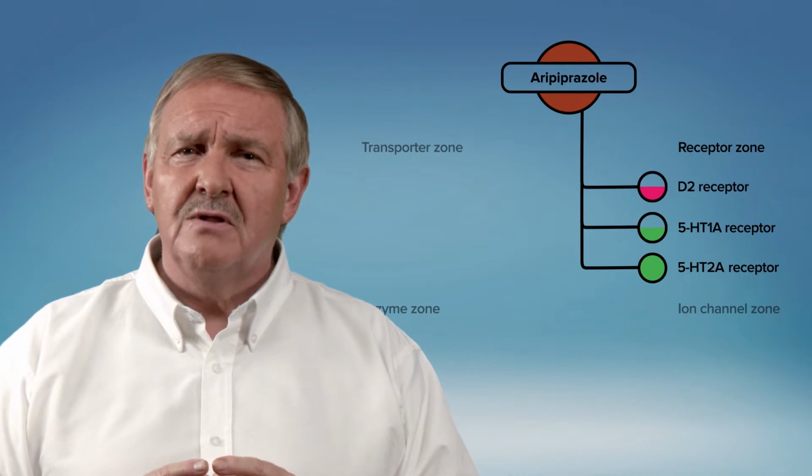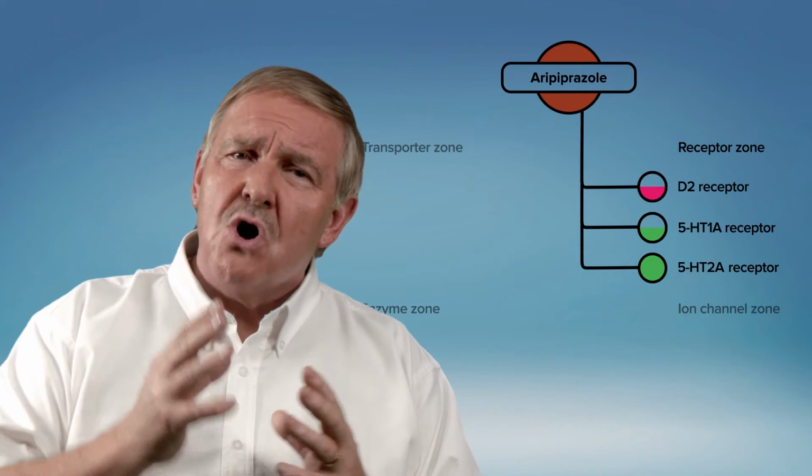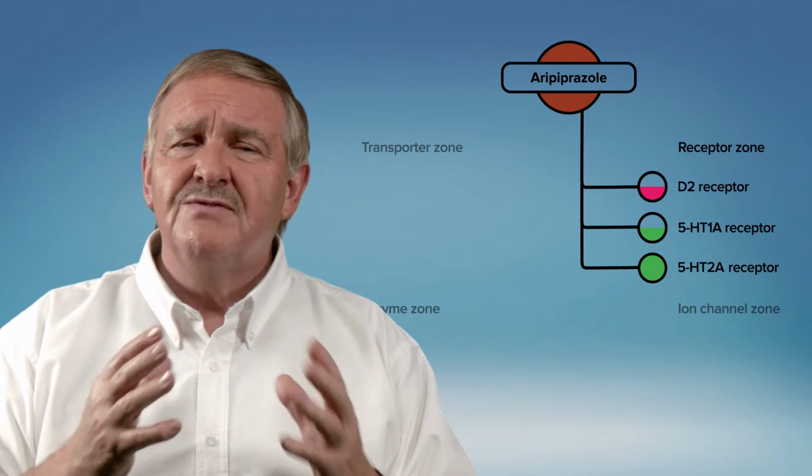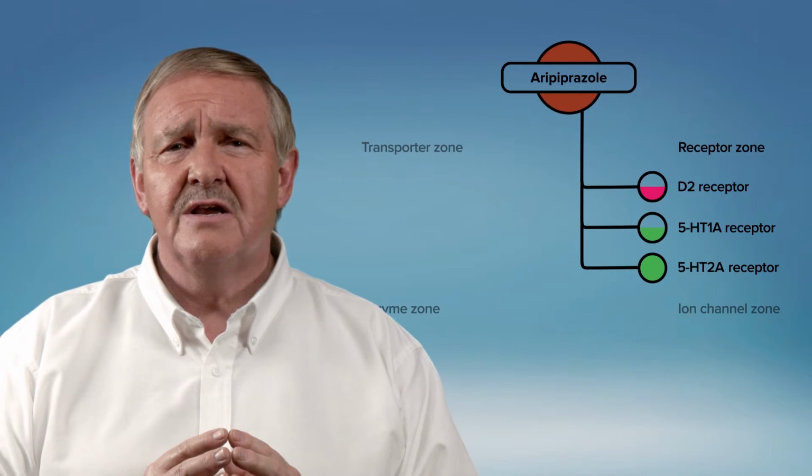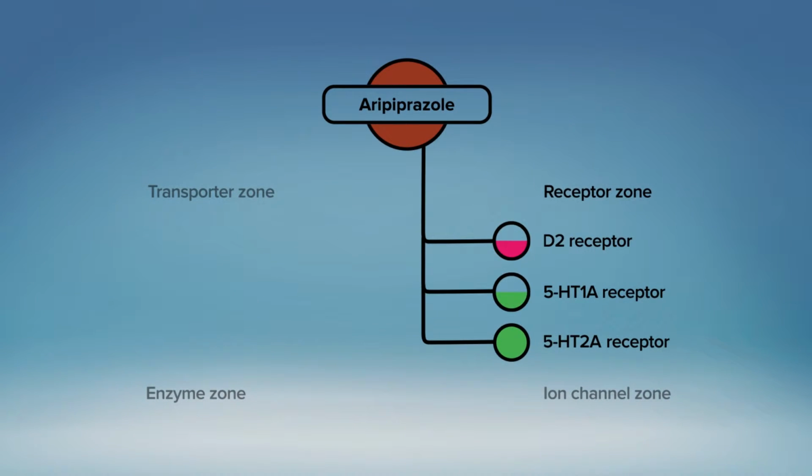This is thought to be useful in helping remedy the cortical cognitive dysfunction that is often seen in cases of schizophrenia. Aripiprazole is unique amongst drugs for psychosis in that it does not elevate plasma prolactin. In fact, it can lower it. And the reason for that is because it's a partial agonist, and the stimulation of the dopamine D2 receptors lowers